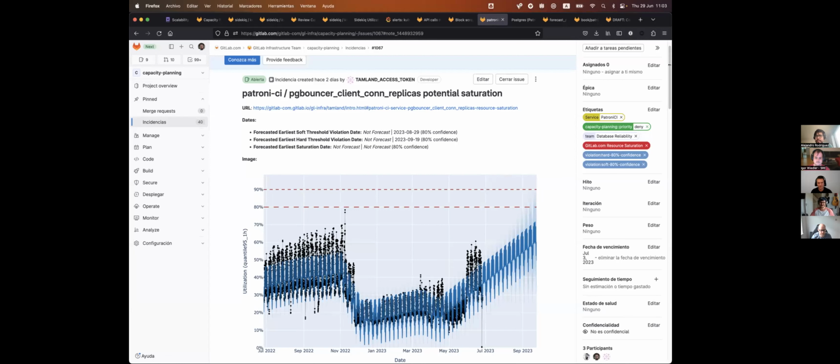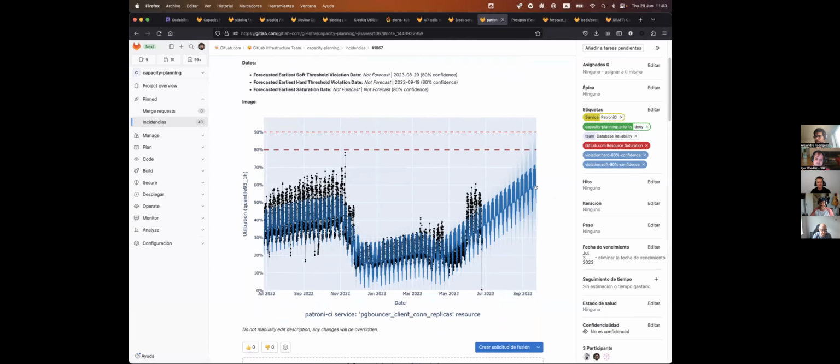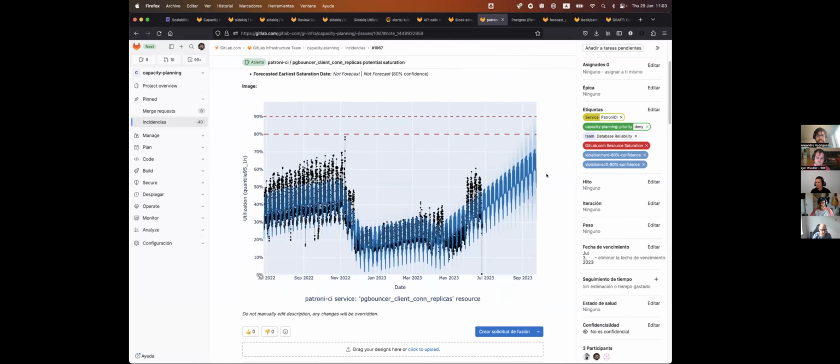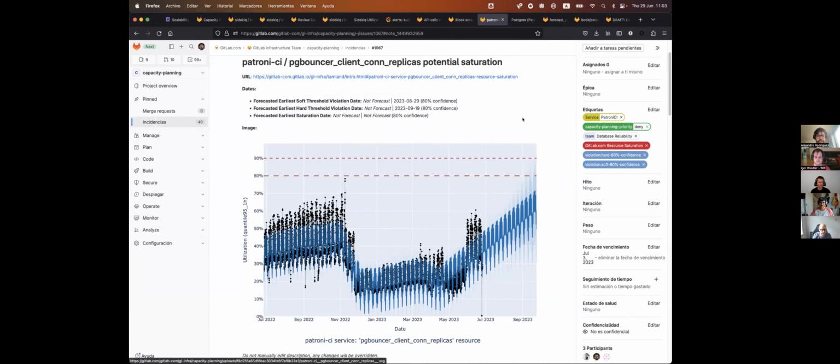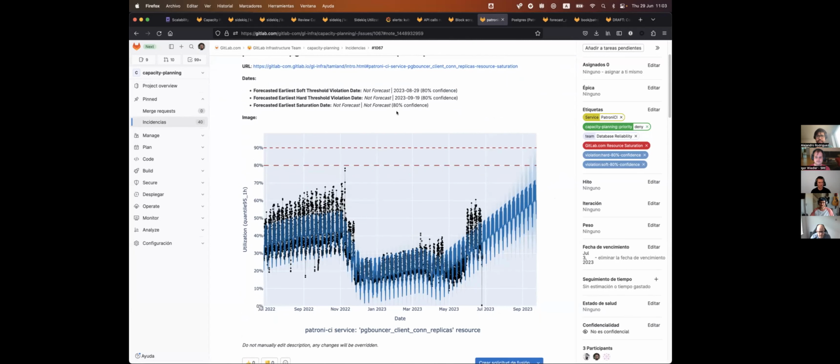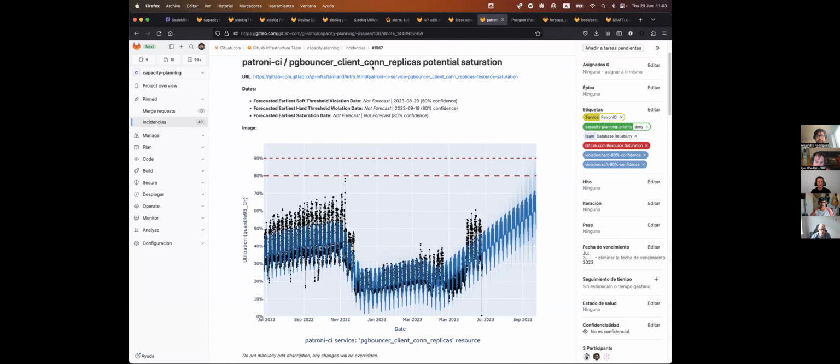I didn't have anything planned, but I'll take the chance to talk a little bit about Timeline because I happen to have been assigned as the coordinator for this week for the capacity planning issues, and so I'm trying to figure out how to get Timeline to adjust to changes. For example, one of the alerts that I was looking at was this one for potential saturation for PgBouncer client connections, which